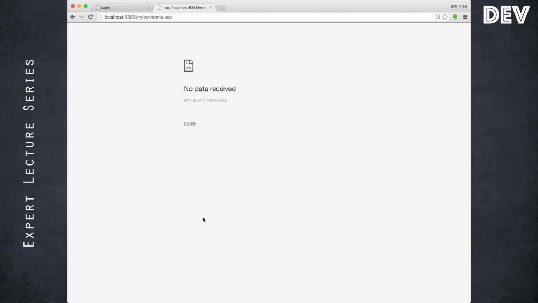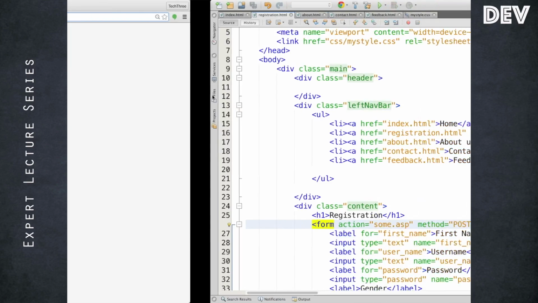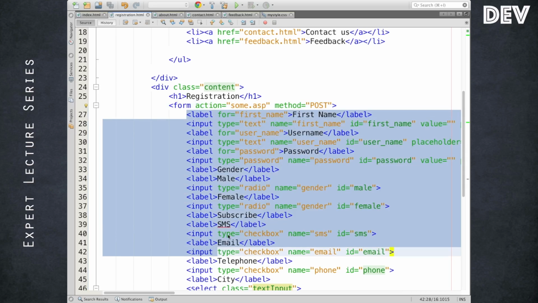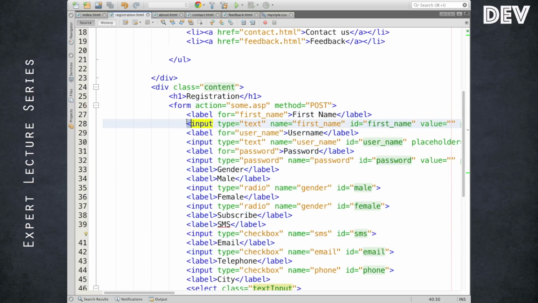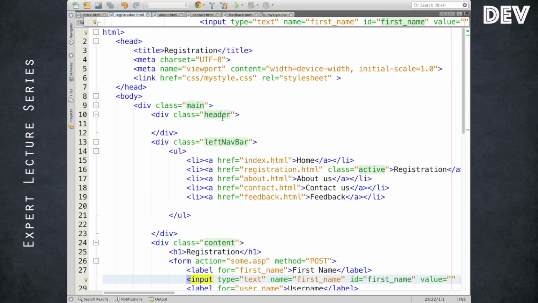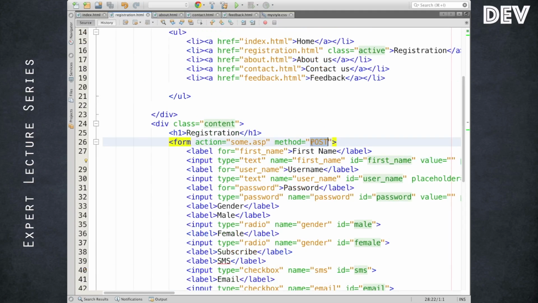If you notice, when I try to hit that particular button, it is trying to call this particular URL which I gave under the form attribute value action. It tried to send all the data the user entered. User entered means the data entered in the input field, the values selected in the checkboxes, in the radio button, and in the select option or drop down. Everything will be sent through an HTTP post to this URL. How it works is not our scope at this point. Anyway, we will see how it is going to work.